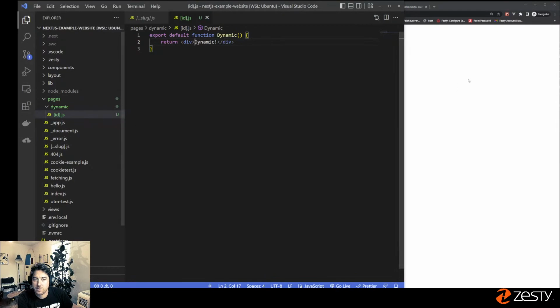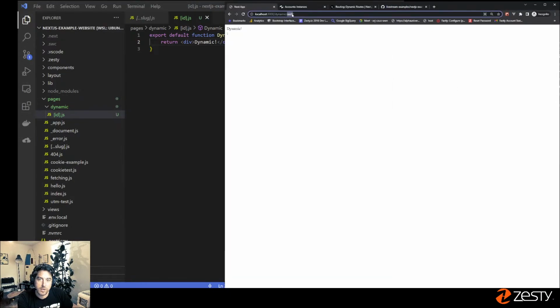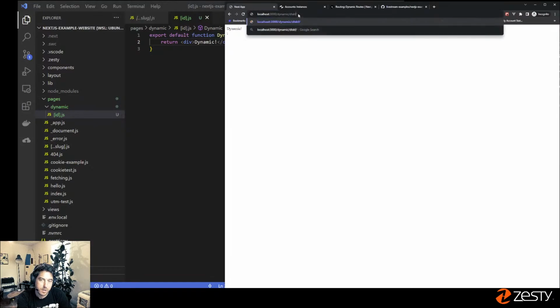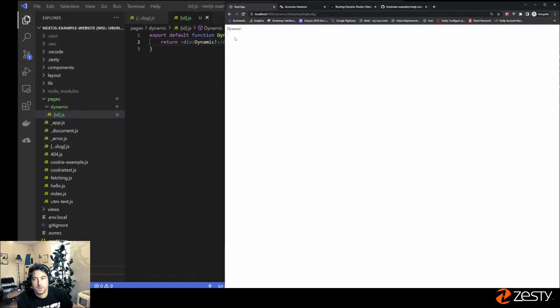So what it's doing is anything off of this that has a path part here, it's going to render that no matter what. So I don't know if numbers will work. Let's see. Yeah, anything I type there, numbers, strings, anything I want, right? So notice it's always just loading this dynamic part. So if we jump back over to Next,